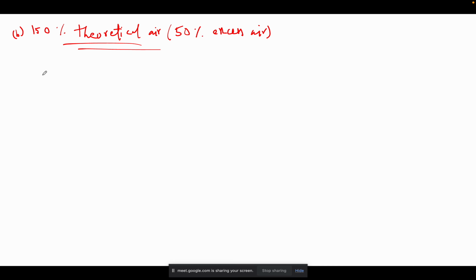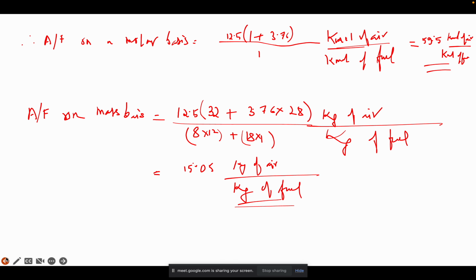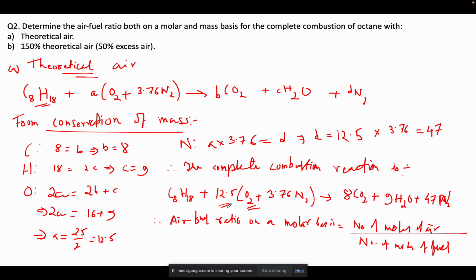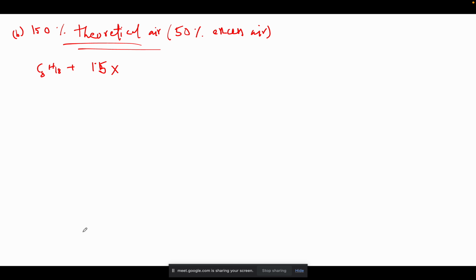so C8H18. Okay, now you are using 150% theoretical air, that means 50% excess, so this will be 1.5 into whatever the theoretical amount required was. The theoretical amount required was 12.5. Is it clear here? Okay, this will be O2 plus 3.76 N2. Okay,